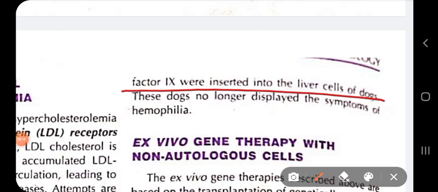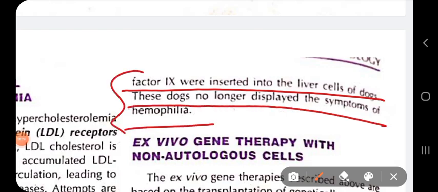By using a retroviral system, the gene for the synthesis of factor 9 was inserted into the liver cells of dogs. These dogs no longer displayed symptoms of hemophilia. So first, it was not done in patients, it was not done in human beings. The human trial is not done, it was done in dogs. What we have done is, for the dogs suffering from hemophilia, we used the clotting factor 9 gene to be introduced into the liver cells of the dogs